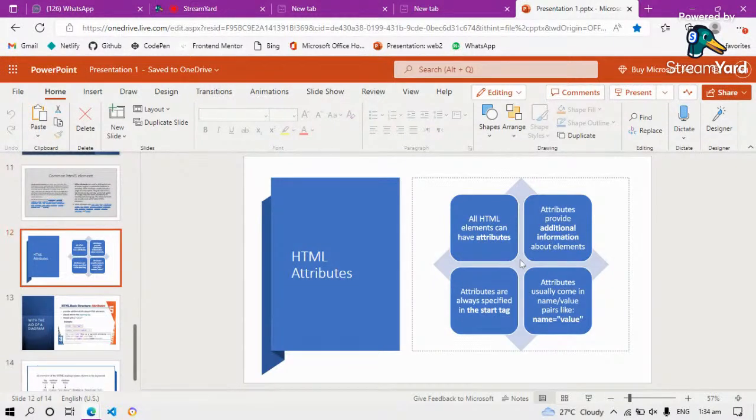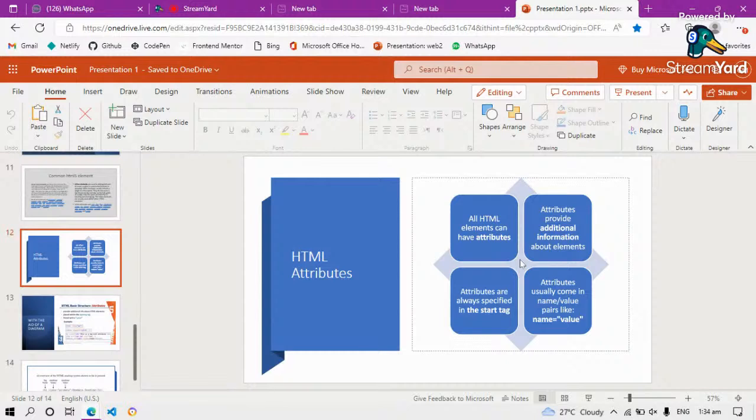All HTML elements can have attributes. Attributes provide additional information about an element. Like the image tag: if you want to explain more about that image, you can use the alt attribute. We have so many of them.